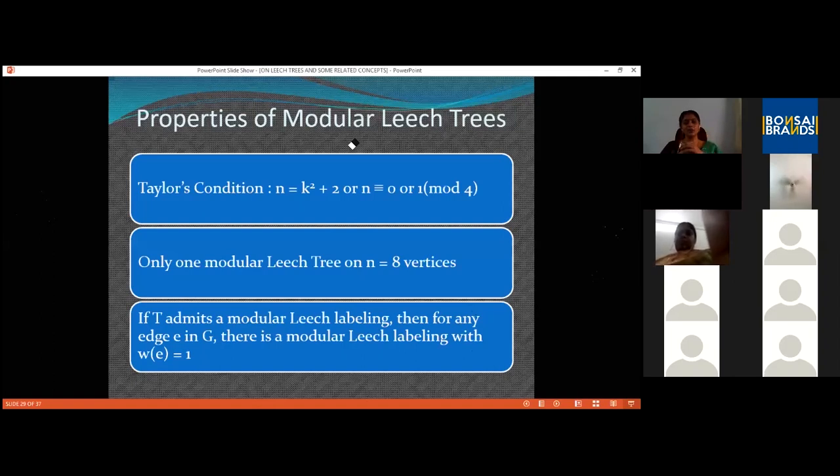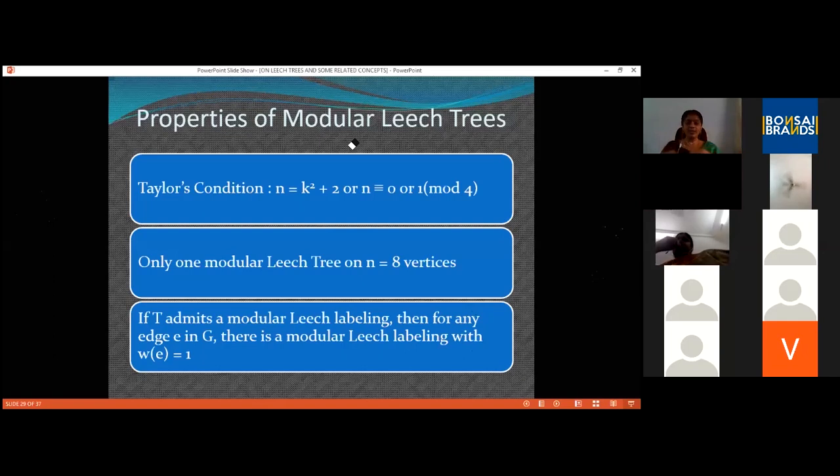Now, regarding leech trees, we told that definitely there will be an edge which is labeled 1. Why? Because we need a path of weight 1. To have a path of weight 1, the only way was to assign the label 1 to an edge. But in the case of modular leech trees, say if you are taking a graph on 6 vertices, we need path weights up to 15. So we will be taking the value of k as 16, that is, nC2 plus 1 to be more precise. So if there exists a path of weight 17, when we take the modular sum, we get a path of weight 1.